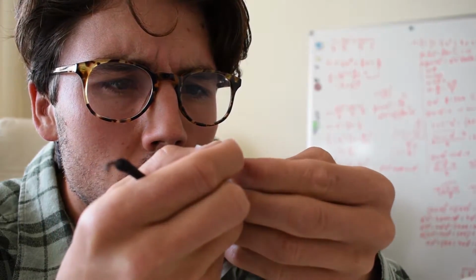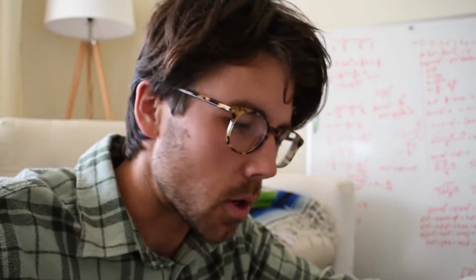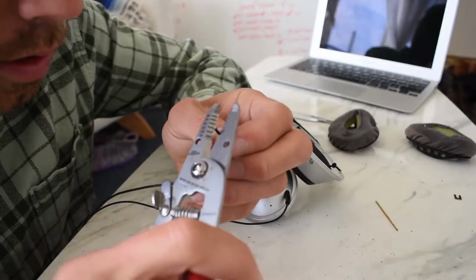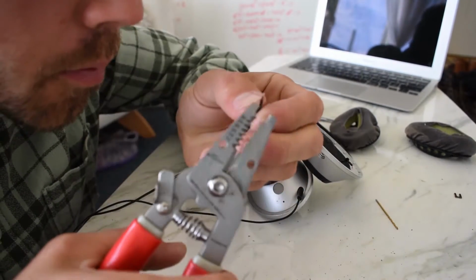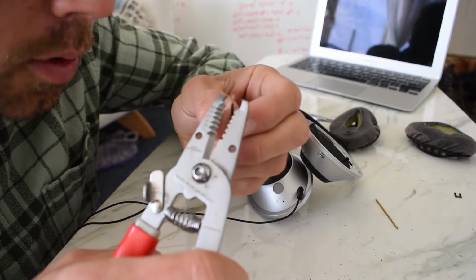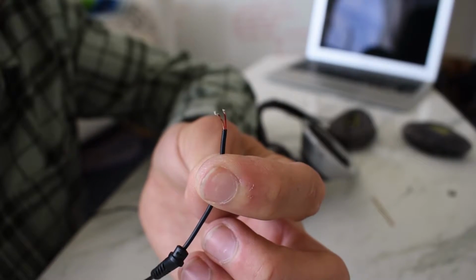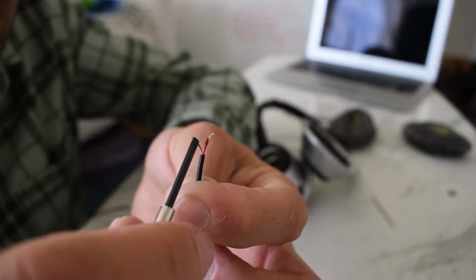This actually looks a little crazy. Red copper wire. How is this going to work? So I'll strip this wire and see what's in there. And we have the same red and copper wires. There we go, those are two wires. We have our red one here, copper colored one there,